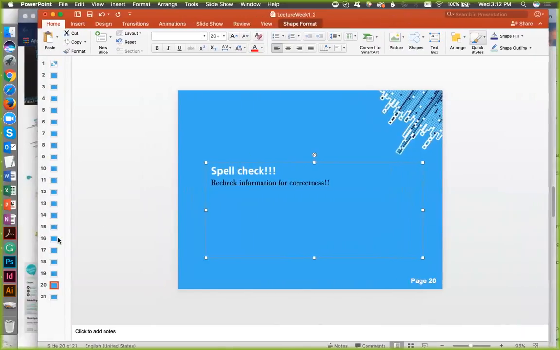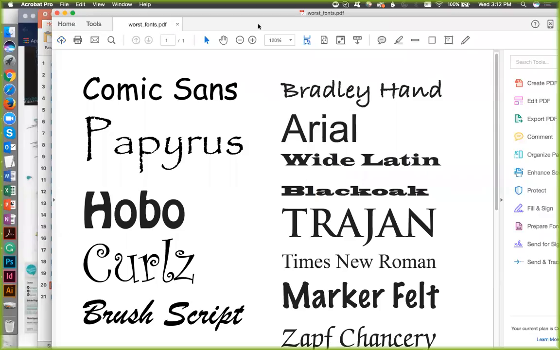Okay? All right, let's talk about the worst typefaces. Some of the worst typefaces that you could be using, first of all, let's talk about Times New Roman and Arial, as I said a little bit earlier. Times New Roman and Arial, they're old-time fonts, okay? And they are used for different things. Times New Roman is to write papers, right? And there's no creativity in it, okay?